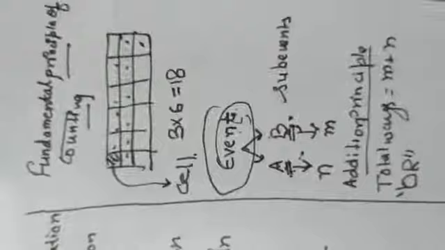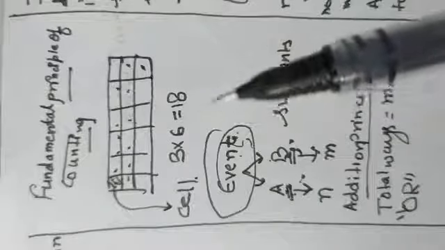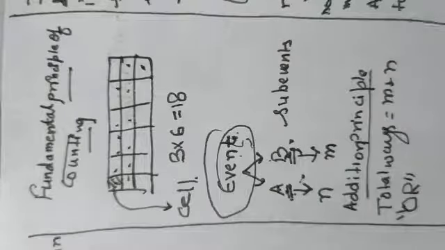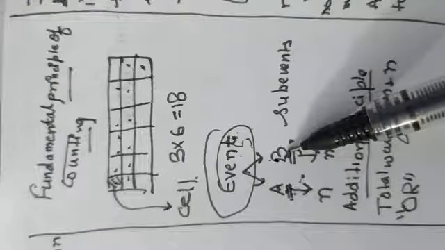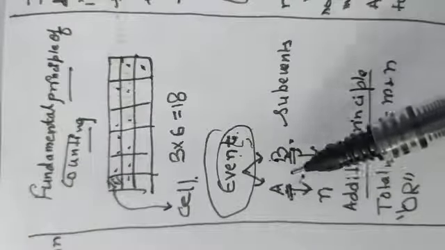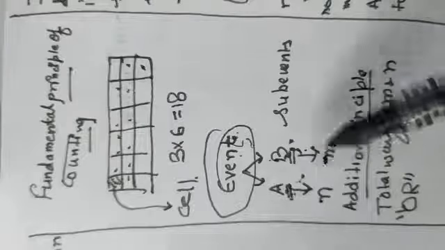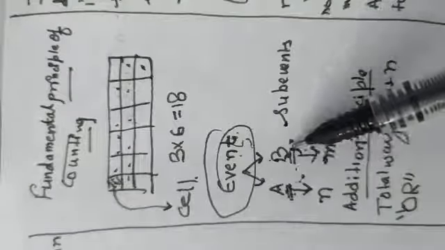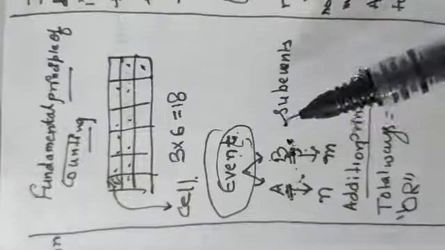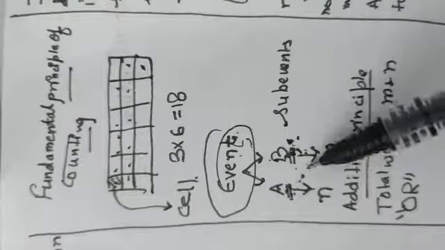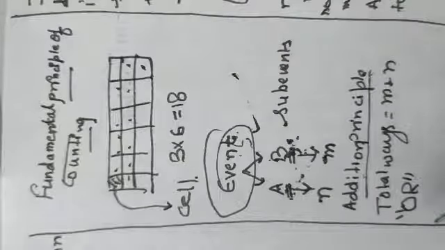Then we have seen the fundamental principle of counting, where I explained that counting can be done either by addition or by multiplication. We have seen that if an event is subdivided into two events A and B, and to complete A the total ways are n and for B they are m respectively, if either of these sub-events gets completed, then the event is said to be completed. So here we have to use the addition principle, and it is used by